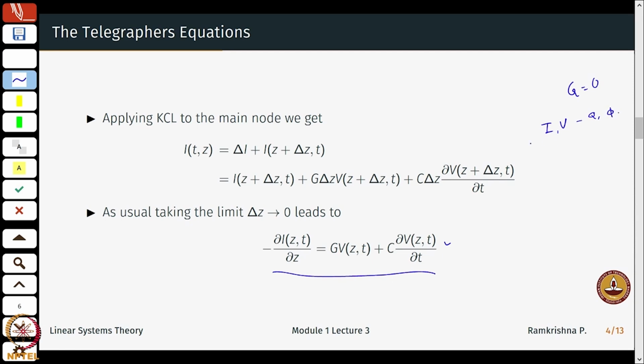Okay, so we know that q dot is I, phi dot is V, and after all the necessary things have been taken care of, I can write this also as dq by dz, or the partial of q, which again depends on z comma t, till d phi by